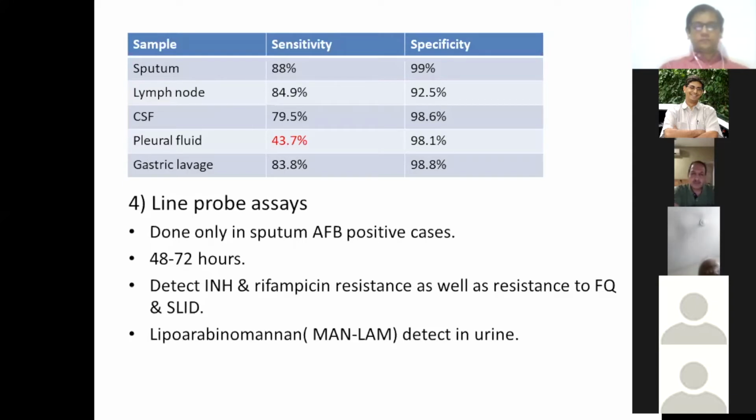So it is not only INH and rifampicin, it will give you information about high dose INH as well. Suppose a person where you cannot use INH at all, these patients will be resistant to ethionamide also. So you are getting one more drug resistance pattern, ethionamide. By doing a Hain's test, you can test INH, rifampicin, low dose and high dose INH, so 4 drugs for first line. And it is not only for AFB positive cases. Initially, when line probe assays were not well developed, we used to have guidelines to do it only for AFB positive cases. Now even if the smear is negative, you can still submit the sample for line probe assays.